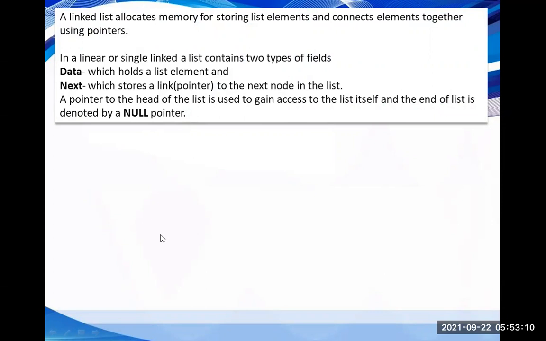A linked list allocates memory for storing list elements and connects elements together using pointers. In a linear or singly linked list, each node contains two fields. The first field is called the data field and the second field is called the next field. The data field holds the list element and the link field stores the address of the next node